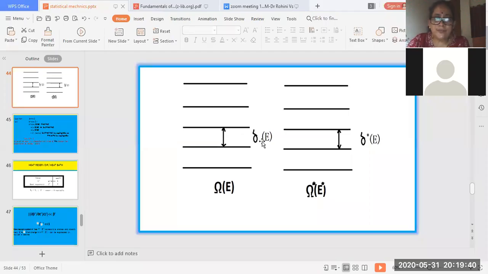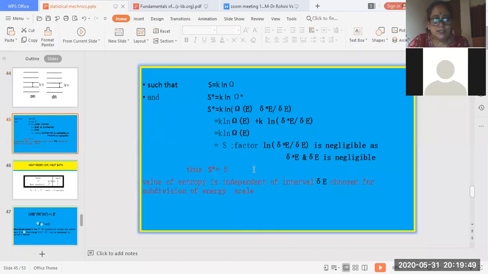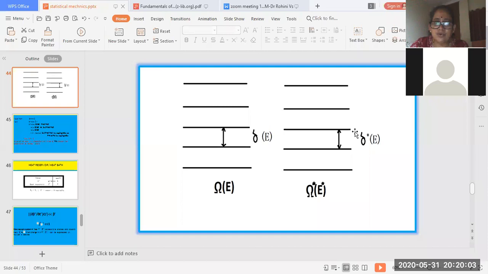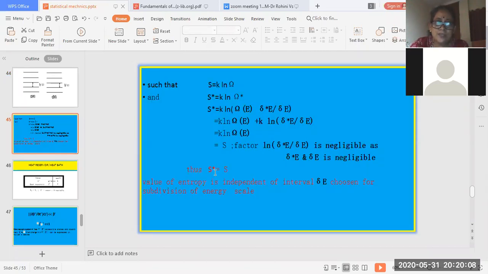The difference between the two accessible states, we took it as delta E and delta star E star. So that led to this relation, that is S star is equal to S, if it is a quasi-static process. So what happens if the energy difference is very small? As I have depicted here, you can see this equal to this. So that will lead finally to this relation, that is change in entropy is almost a constant, that is entropy